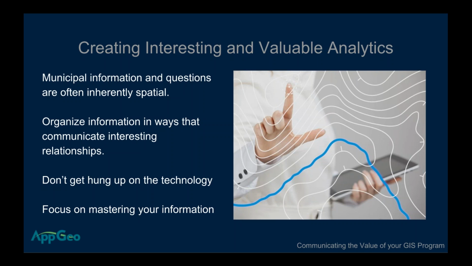Think about whether you can group things in particular ways to provide insight. Can I sort my information in a particular way to provide some interesting insight? For example, in an assessing scenario, you often want to look at things by neighborhood. When I group by neighborhood and look at valuations, do I see any outliers, or any commonalities in all of those records? That's just an example strategy. Or if I'm a DPW representative, am I looking at streets? Am I understanding where the most traffic is? Can that be the strategy to better go out and do pothole repair? That's an example strategy for how you can organize your information.